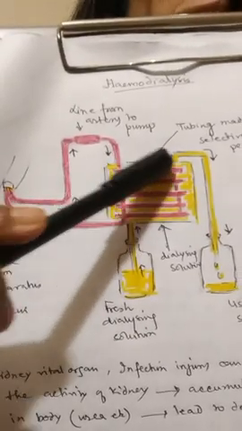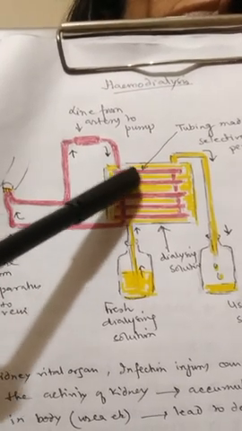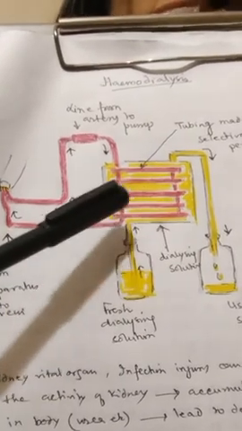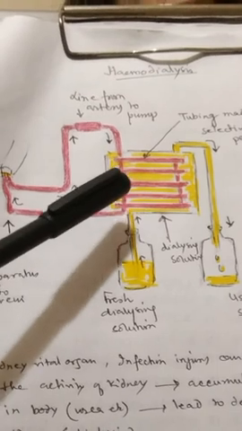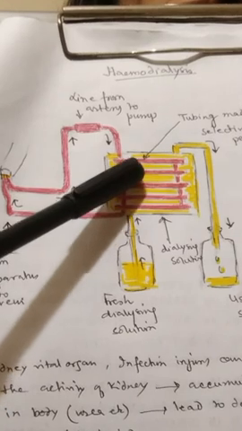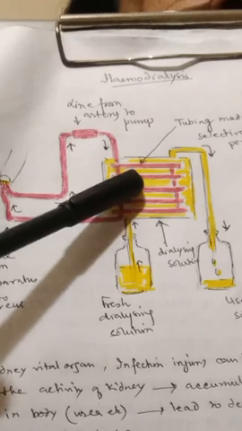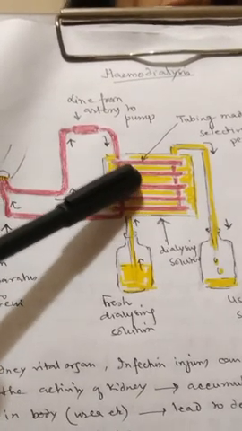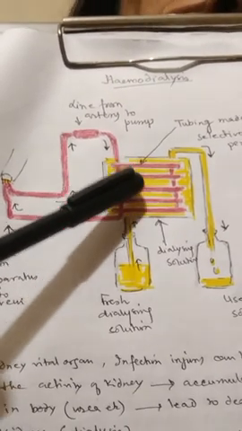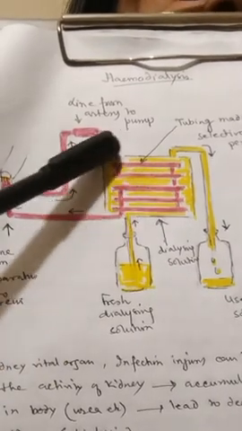Now you can see here, this is the dialyzing machine. The dialyzing machine contains lots of tubes through which the blood passes. These tubes are made up of cellophane, nitrocellulose, which are semi-permeable. That means they will allow smaller soluble materials, like various ions, to move out, but will not allow the larger molecules to move out. So this is about the tubing through which the blood is passed.